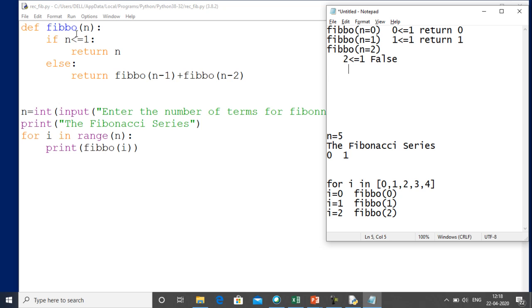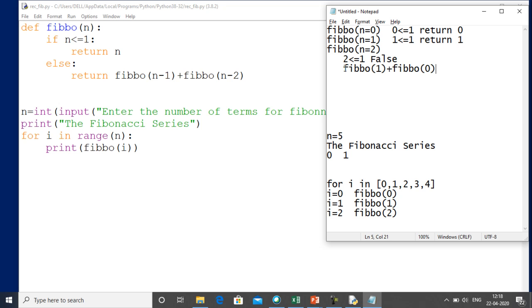So the control moves to the else part, and it has to solve this expression, Fibo n minus 1 plus Fibo n minus 2. The value of n is right now 2, so 2 minus 1 is 1, plus Fibo of n minus 2, which is 0. You can see that first it will solve this expression, and then the answer will be given.